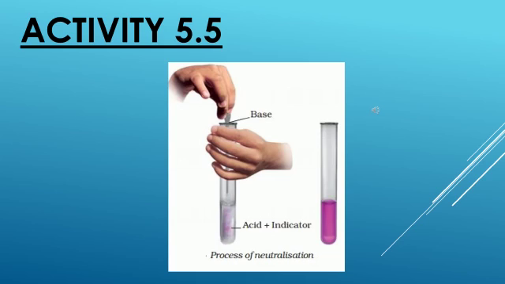Next, add to the acidic solution a drop of sodium hydroxide solution by a dropper, and stir the tube gently. Now observe again, is there any change in the color? Now we should continue adding the sodium hydroxide solution drop by drop while stirring till the pink color just disappears. Until the pink color goes, what should we do? We need to stir by adding 2 to 3 drops of solution.